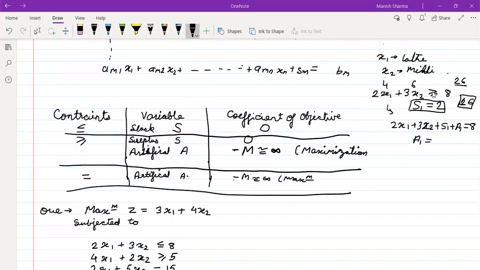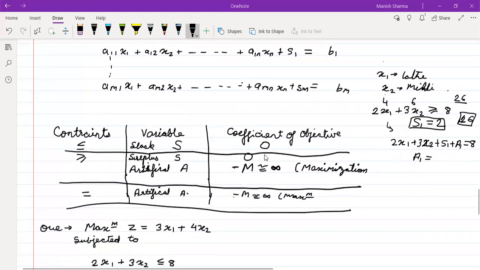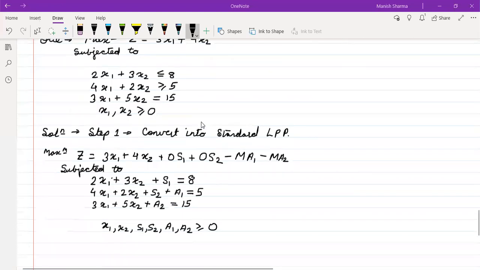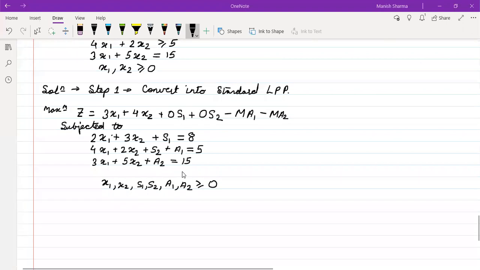Actually, if you see, the variable is just to ensure that it should be minimum, it should be utilized up to this point, isn't it? So we want to have an upper bound on the solution. That's why we are adding an artificial variable. Just in case, for this artificial variable we want to have an impact so that the artificial variable is not included in the solution. If the artificial variable is included in the solution, then it will be a problem. That is why we want the artificial variable to be removed from the solution. Okay.